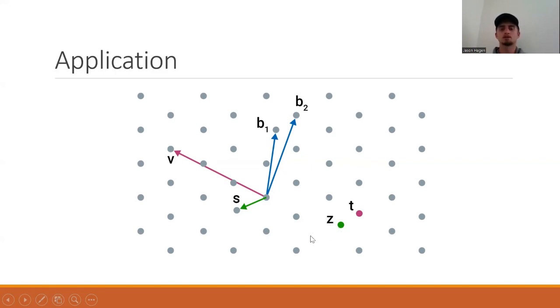Especially because these lattices can go forever and ever. And especially when you get into multiple dimensions, where this is just a two-dimensional lattice. If you get into thousands of dimensions, it can be really difficult with multiple basis vectors: if it's a 10-dimensional lattice, you have to have 10 basis vectors, or if it's a 10,000-dimensional lattice, you have to have 10,000 basis vectors.